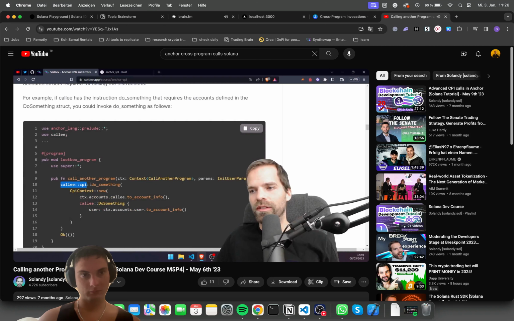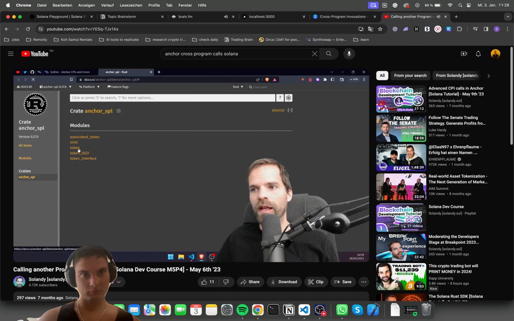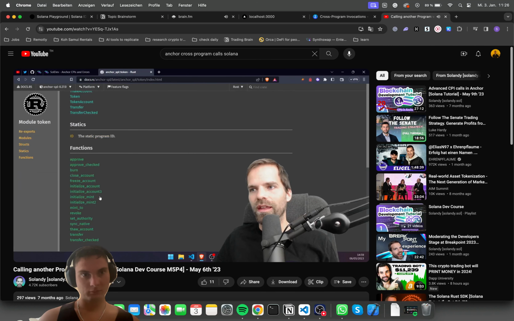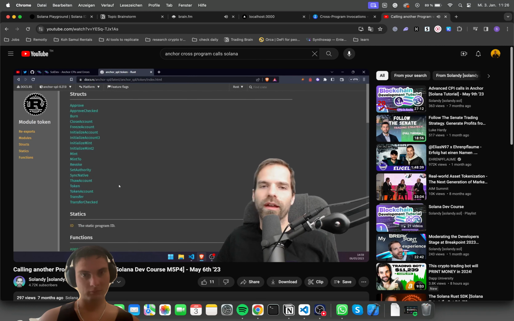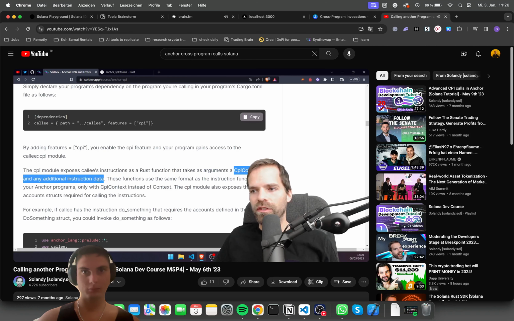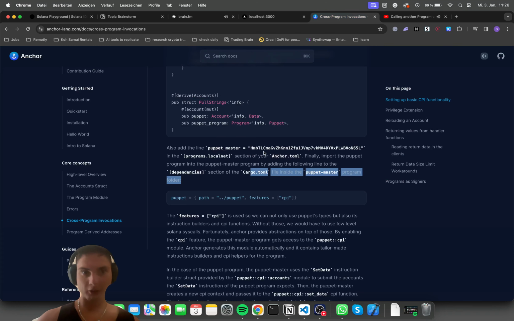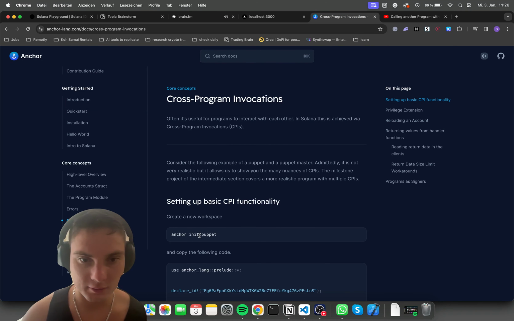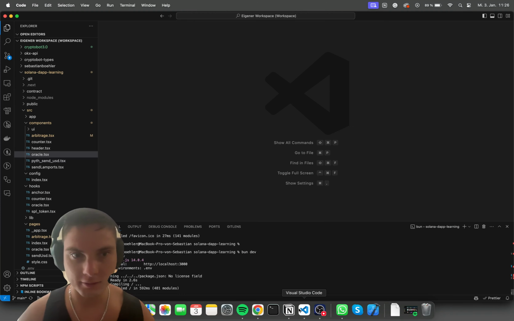stuff like callee CPI and their instruction. For instance, in the Anchor SPL token, we would have those functions, and the CPI feature enables us to access them. The CPI module exposes all these instructions as a Rust function that takes the arguments, a CPI context, and the additional instruction data. Okay, so I think I can't do that in the playground, but let's see if I can